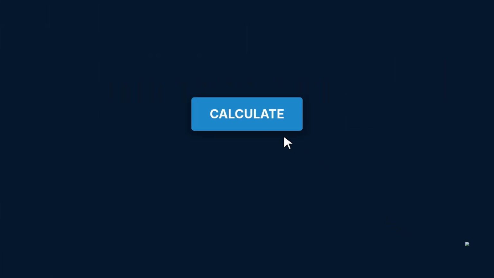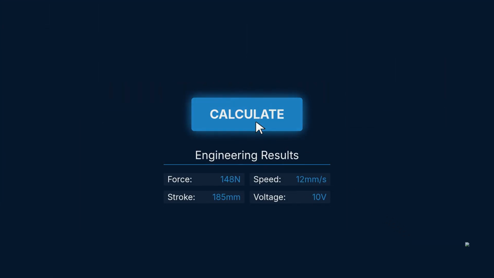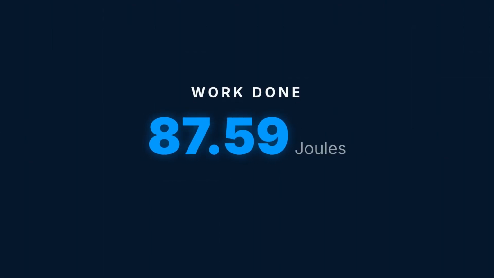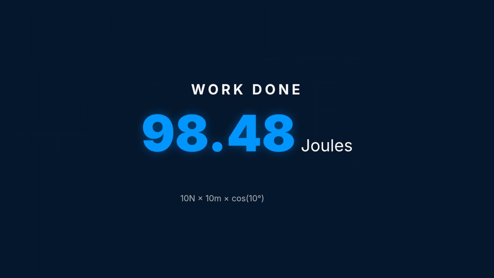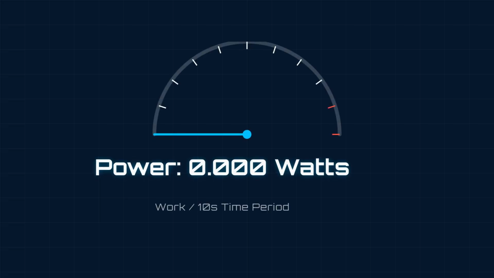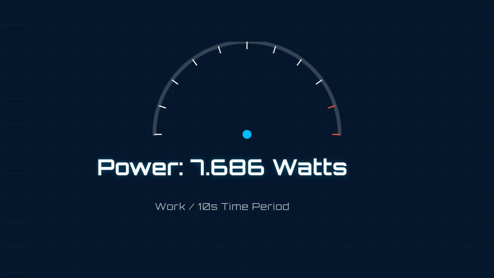After clicking Calculate Work and Power, here are our results. The work done is 98.48 joules, which represents the energy transferred by applying our 10 newton force over 10 meters at a 10-degree angle. The power output is 9.848 watts, calculated by dividing the work done by our 10-second time